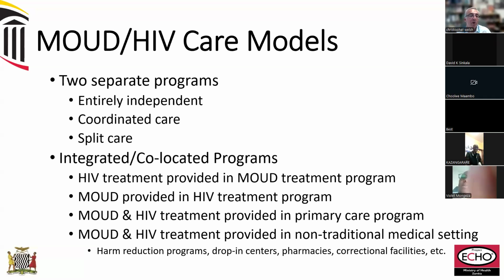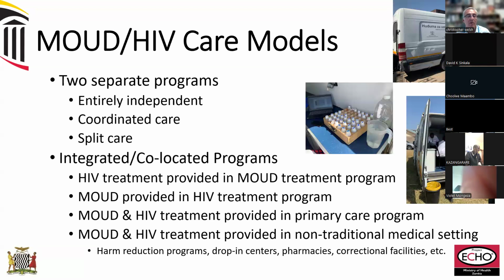You might have parts of the care split. So say the HIV provider is not in the MOUD clinic, but they dose in the clinic. So people take their antiretrovirals with their methadone. So all the treatment isn't there in the MAT clinic, but some of it is. And then, if you can do it, integrating the care and co-locating it is definitely better. So having it all in one place,